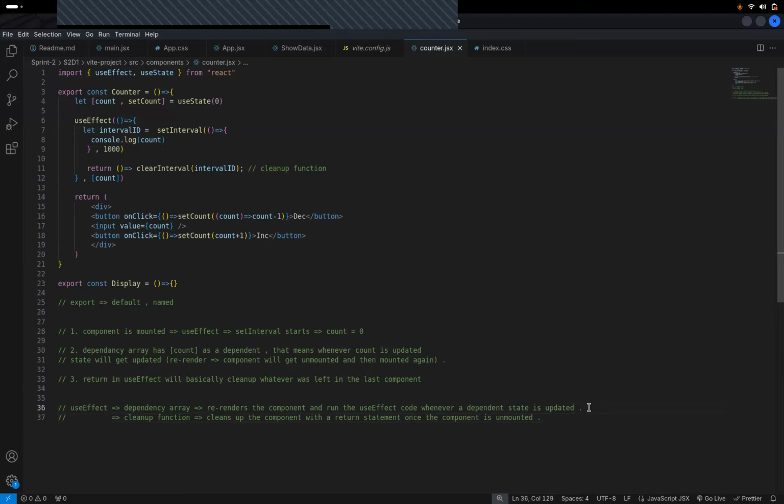Okay, so these are just the two properties that happen with the use effect. I hope everyone is fine with it. So now going forward, you can start implementing even set intervals, set timeouts and all in your system.